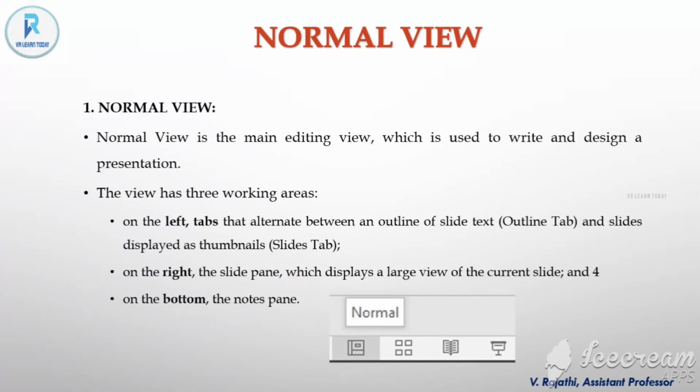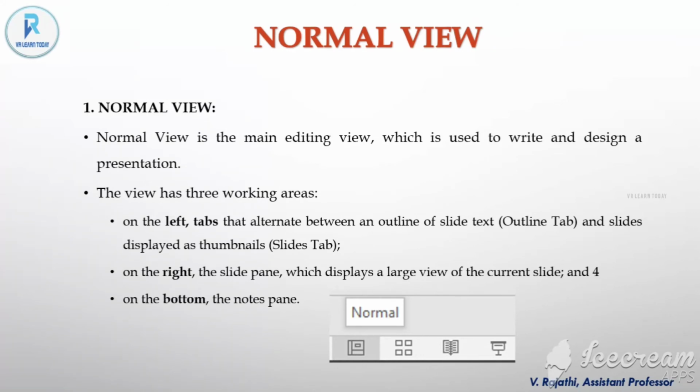First one is normal view. Normal view is the main editing view which is used to write and design a presentation. This view has three working areas. On the left, tabs that alternate between an outline of slide text, the outline tab, and slides displayed as thumbnails, the slides tab.